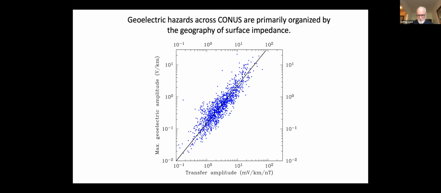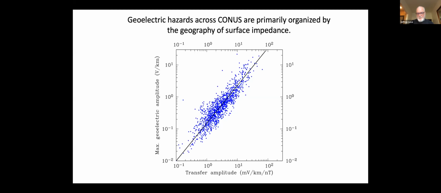That's true across orders of magnitude. That's important to realize because the space weather community tends to be focused on the current systems themselves without necessarily appreciating that the solid Earth is playing a huge role here in organizing the geoelectric hazards, essentially putting them where they are and affecting their amplitudes. We see that, and I just fitted a nice power law there to emphasize that effect. So across orders of magnitude, that organization is occurring thanks to impedance.